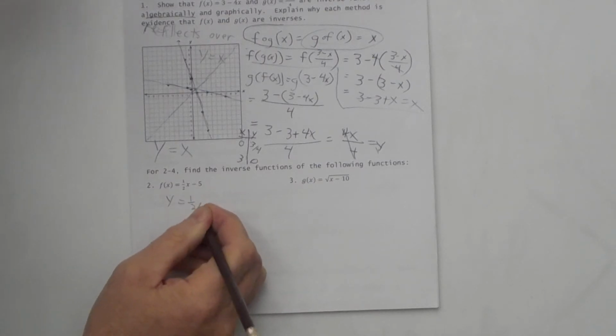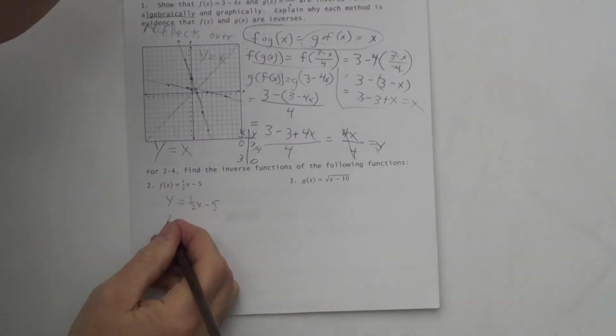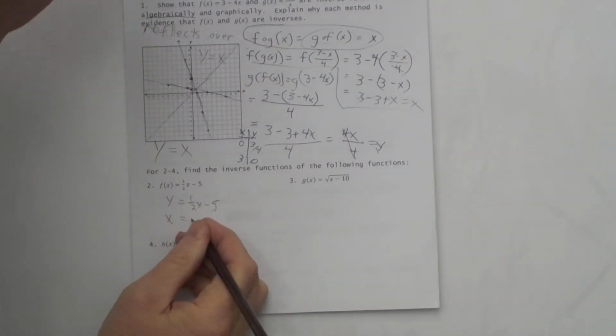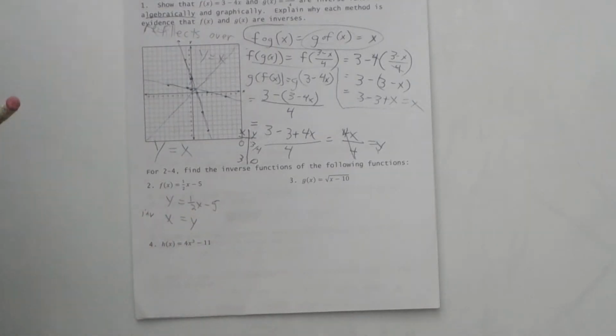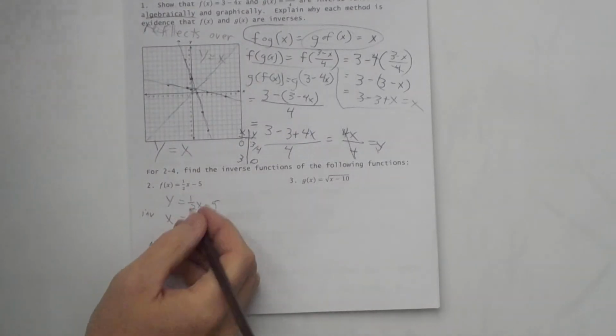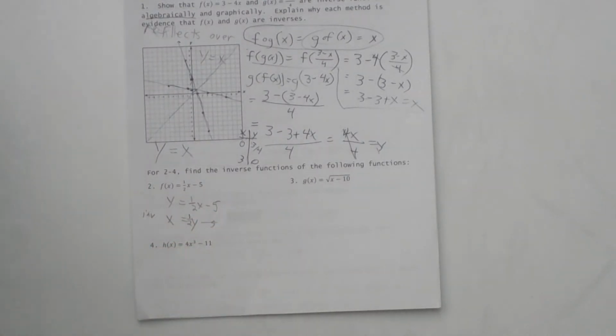Y equals 1/2 x minus 5. I put y in place of f of x because it's a little easier just to kind of switch those two around. This is where I start the inverse part. X equals, forgot the 1/2, x equals 1/2 y minus 5. Now I'm going to solve this for y. And when I solve it for y,